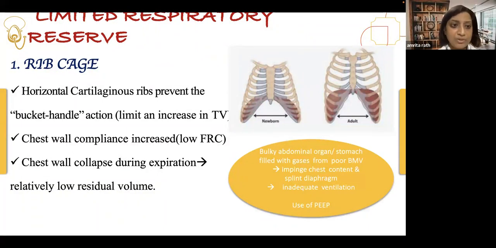So in case of any abdominal surgery, when there is bulky abdominal content like obstruction, perforation, it will cause further impingement on the diaphragm. There will be diaphragmatic splinting. So in such cases, you should always use PEEP. In newborns, it is the biggest misnomer among non-practicing pediatric anesthetists that PEEP should not be given. Rather, in newborns, a PEEP of at least 4 to 5 should always be given. Because you have to overcome the resistance of the tube, and they have a physiological auto-PEEP mechanism in newborns which keeps their alveoli open, which is diminished under anesthesia. That is why PEEP is a must in a pediatric or newborn patient.